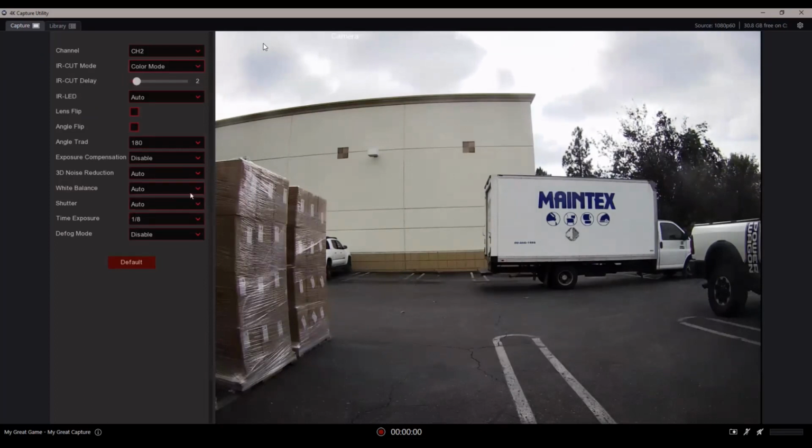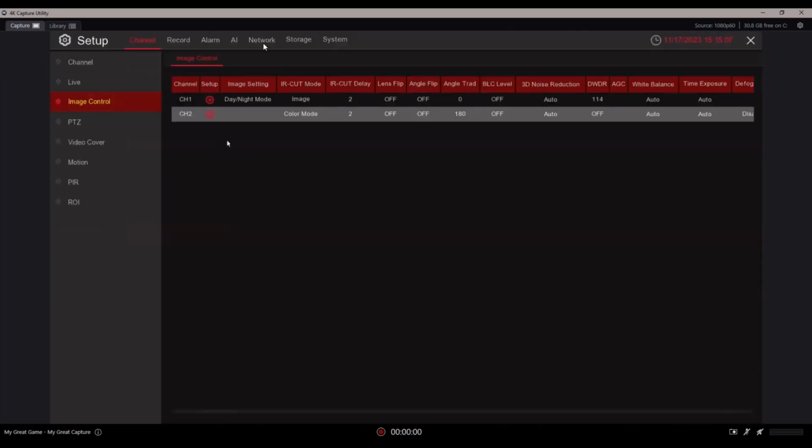Okay, so moving on. After we set up our image controls, our image looks good. Now we want to use some of the functions like a deterrence camera. So we get a deterrence camera, we want to turn on the active deterrent, we want to turn on the lights. We want to make sure all that is going to happen in motion, or that we're able to use these other functions after we adjust our cameras. So we're going to go over here to